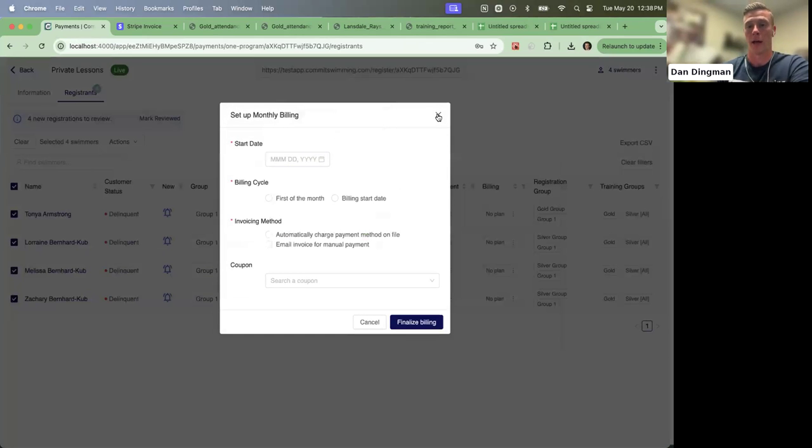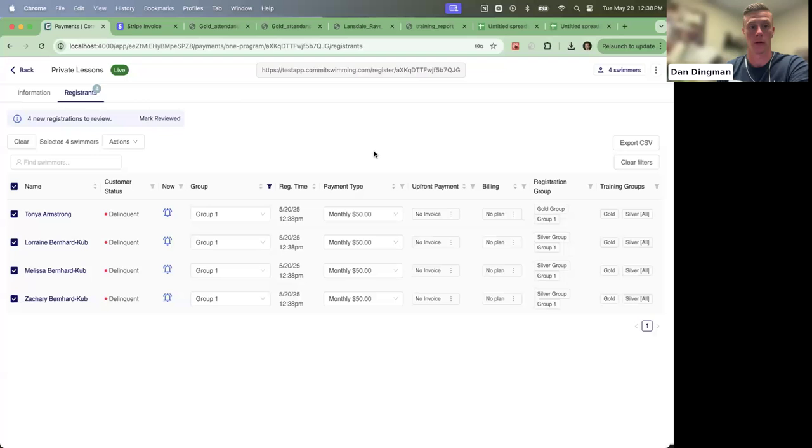Yeah, and two things to add to that. One, just to be extra clear, you can add one swimmer to as many programs as you want. Just because they're already on the roster, registered for something, doesn't mean they can't be in the recurring private lessons billing plan as well. They can be on 17 recurring billing plans. It doesn't matter. The second thing is you don't have to require your parents to do anything.